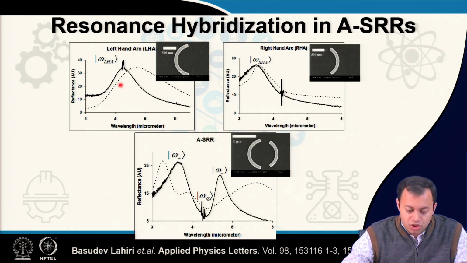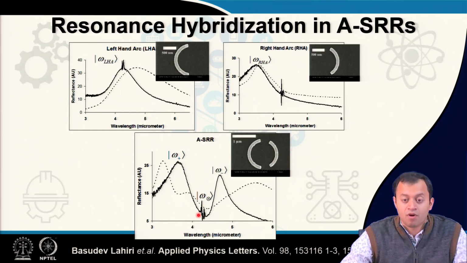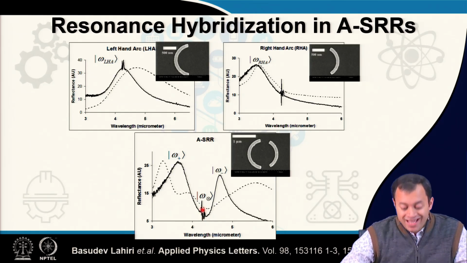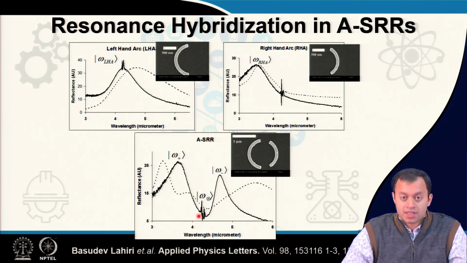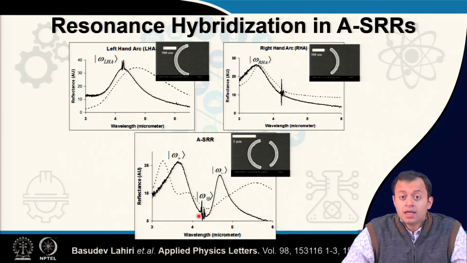So, this has a response of its own. This also has a response of its own. You combine them together, the overall response produces two peaks and one trough, one valley. This valley, ladies and gentlemen, is very, very significant. Why? Because